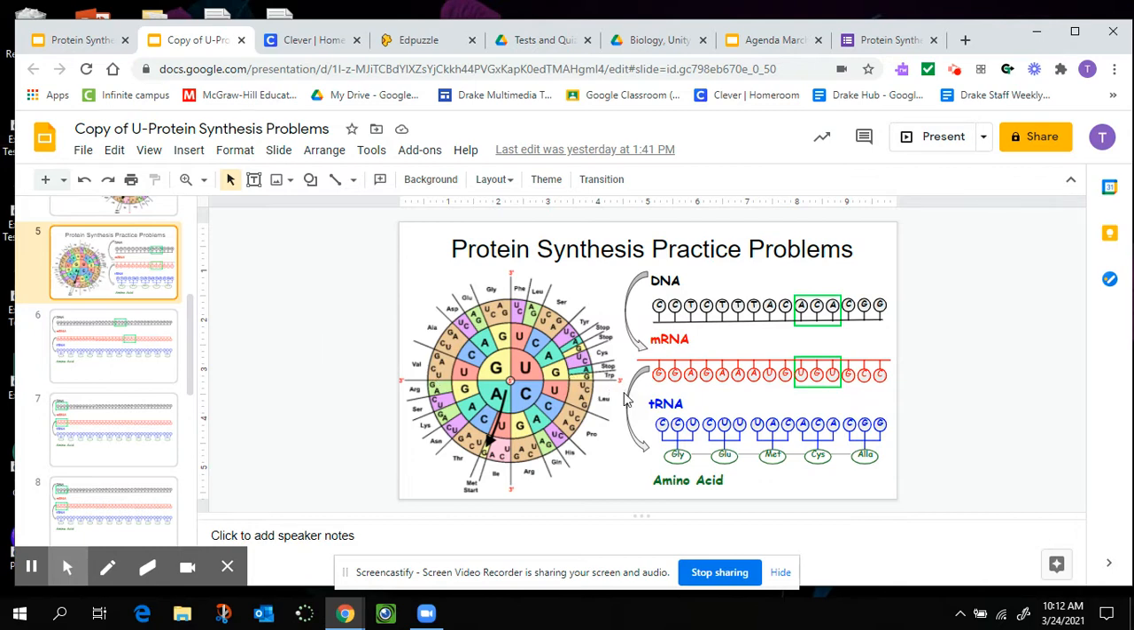Looking at the example, if you take a look at the messenger RNA, the messenger RNA has the codons. Remember, codons are 3 bases long. Those codons are going to code for a particular amino acid. So if I go to my first codon here, that first codon, GGA,